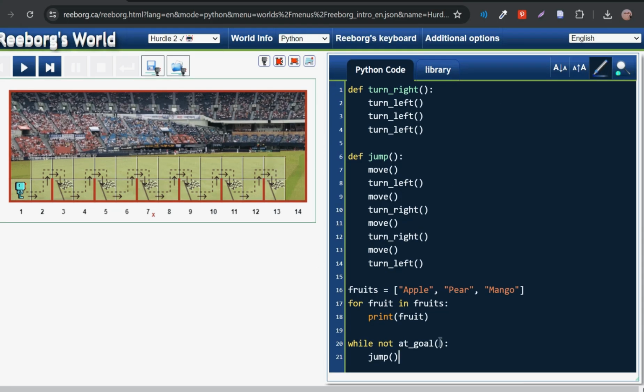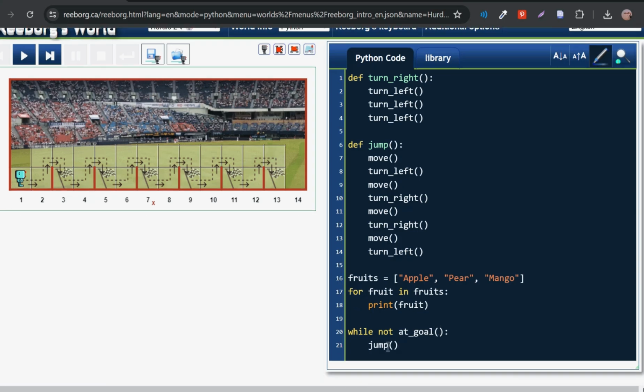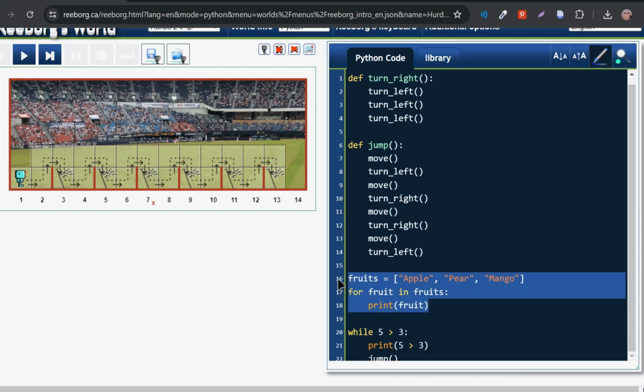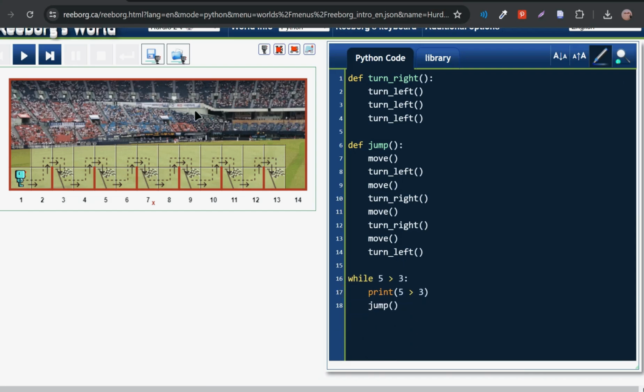Now if you ever create an infinite loop, then don't worry about it. All you can just do, you can just close off the program. So let's say you create an infinite loop like 5 is greater than 3 like we saw. In this case, the best way to debug why you're having an infinite loop is sometimes to just print out your condition. So 5 is greater than 3, and if I comment these lines out or just remove them,